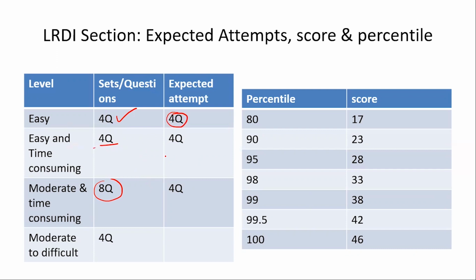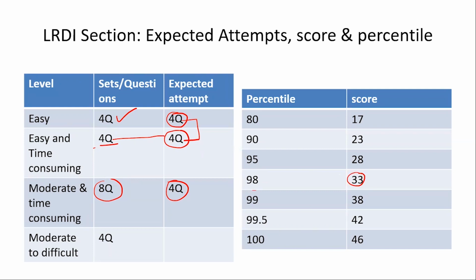you don't have lots of options later. So even if it is time consuming, I would have solved this, the 4 plus 4, 8 questions, and then these 4 questions. So a good attempt is something like 12, and with very high accuracy. That is required here, because since we are going to focus on very limited sets, accuracy has to be better. And for 98 percentile, you can expect somewhere around 33, even lesser also.